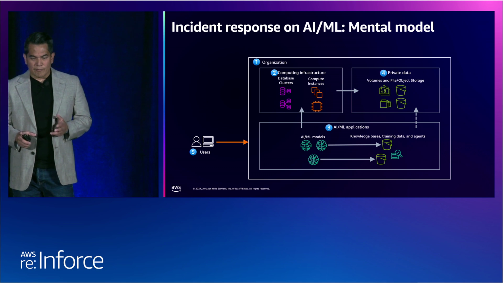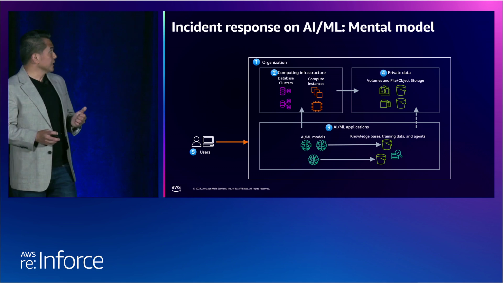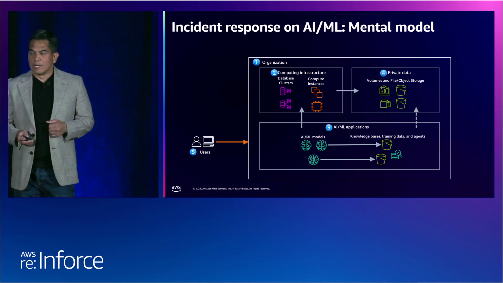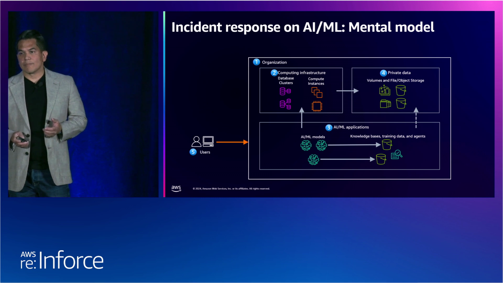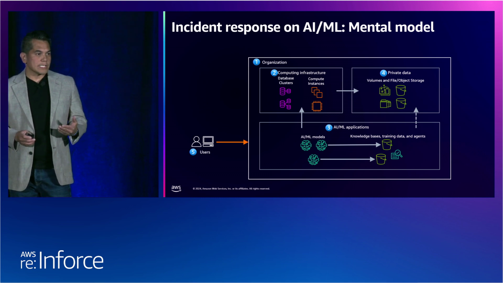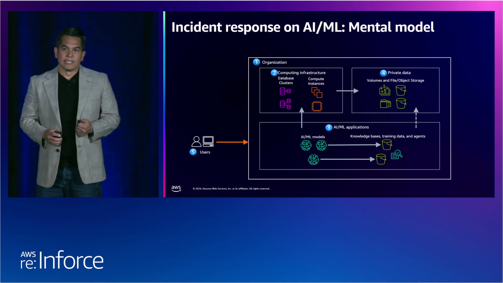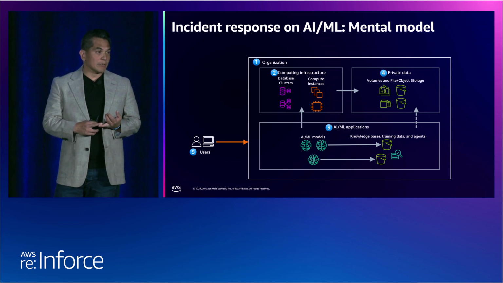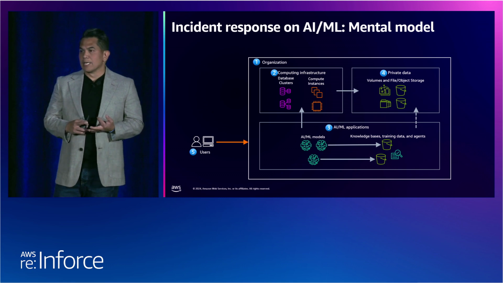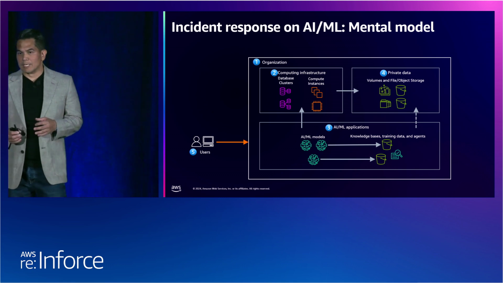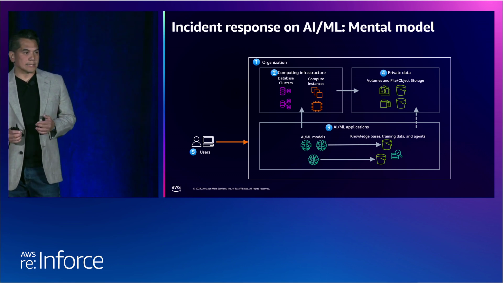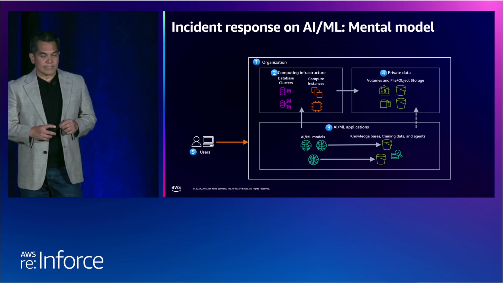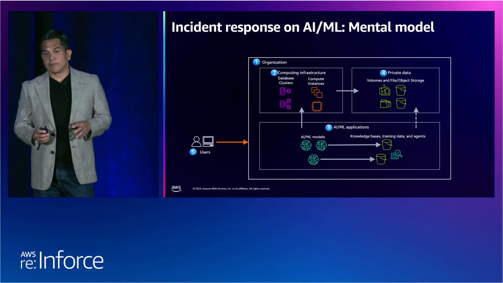Now here there are 5 different components of the AI/ML model. The first one is organization. When we're talking about organization, we define that as the institution or the corporation that has access to an AI/ML application. It may or may not have compute resources, and it may or may not also have data. But the main thing is it has access to an AI/ML application. The second component is that it would have computing infrastructure.